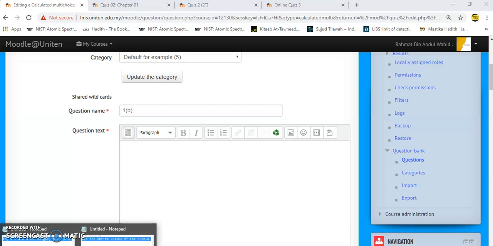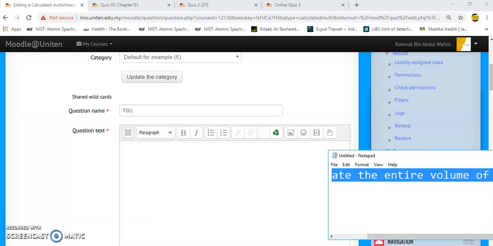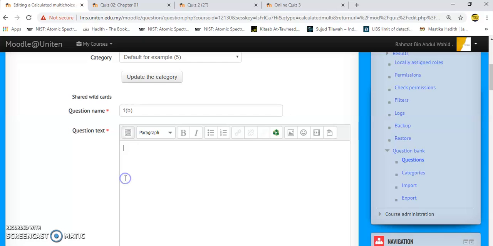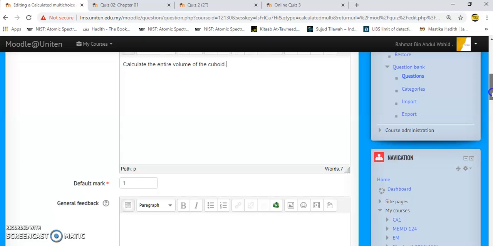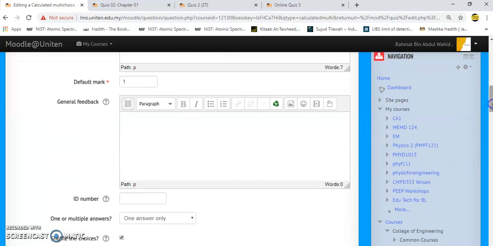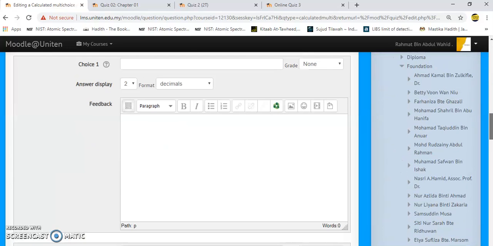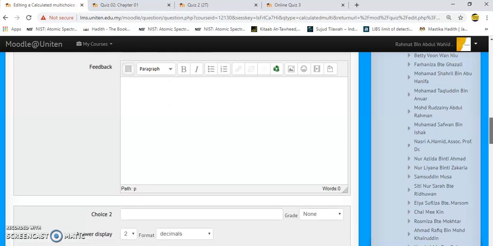And then as for the question tag, calculate the entire volume of the cuboid. So as you can see, it is following question 1a. Question 1a is just calculation of the cross-sectional area, and for question 1b, it is calculation of the volume. So the marks, I'm going to give 3 marks, and then as for the choices of answers, we have choice